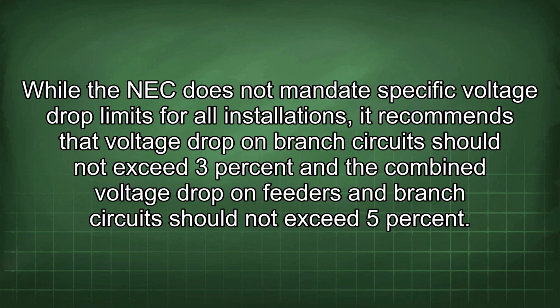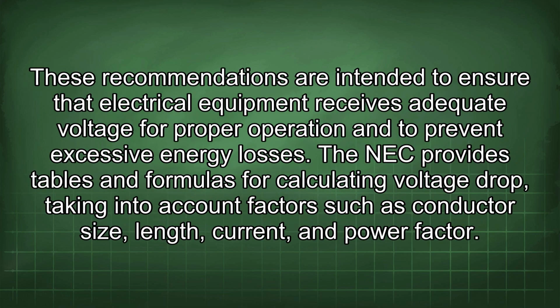While the NEC does not mandate specific voltage drop limits for all installations, it recommends that voltage drop on branch circuits should not exceed 3% and the combined voltage drop on feeders and branch circuits should not exceed 5%. These recommendations are intended to ensure that electrical equipment receives adequate voltage for proper operation and to prevent excessive energy losses. The NEC provides tables and formulas for calculating voltage drop, taking into account factors such as conductor size, length,